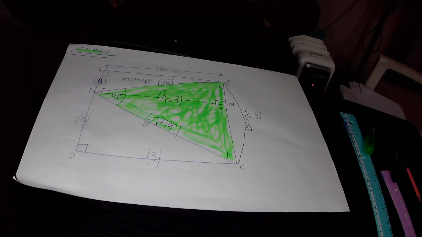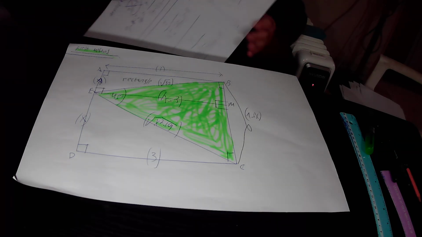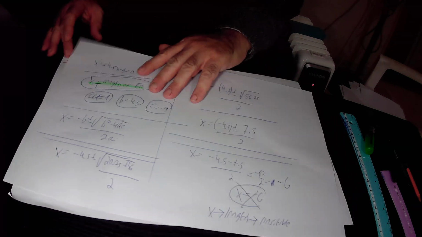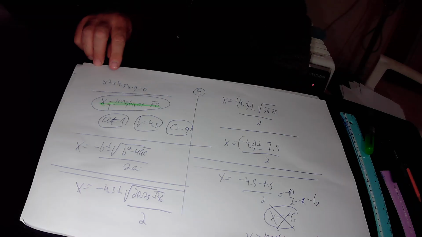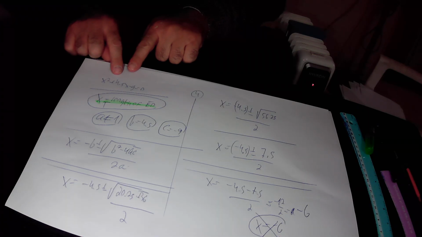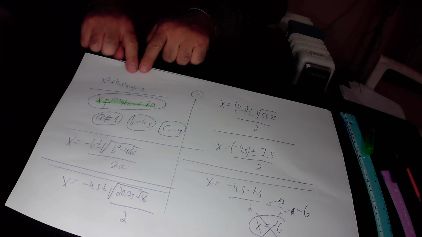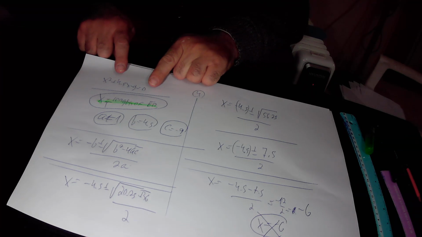In our specific quadratic equation, that is to say, x squared plus 4.5x minus 9 equals 0, the variable that we are looking for is x. x is the length of this ED. The coefficient a equals 1, the coefficient b equals 4.5, and the coefficient c equals minus 9. The only thing that is left to do in order to find out the length of ED